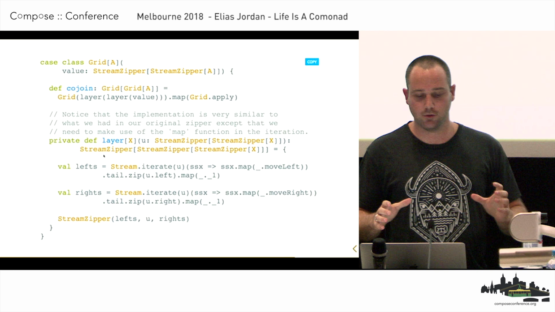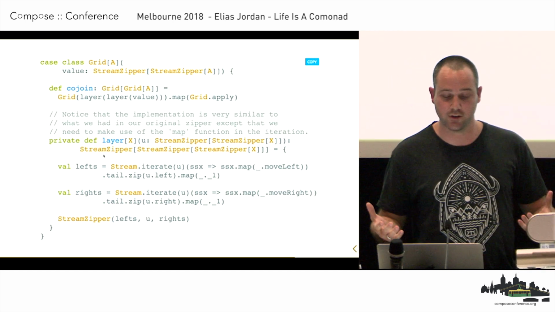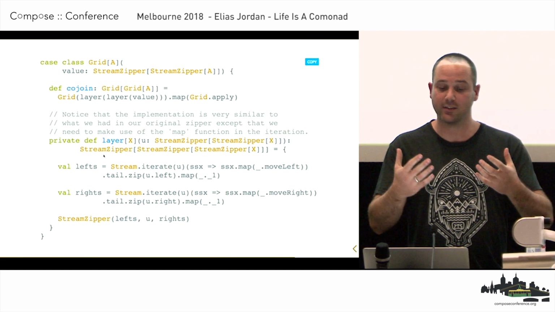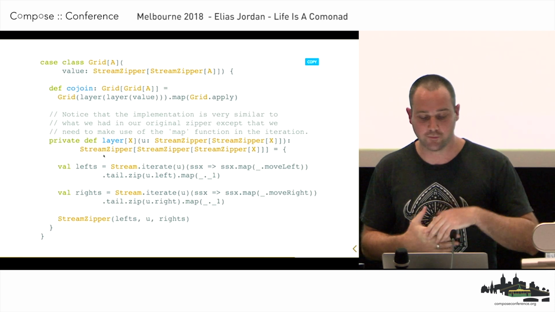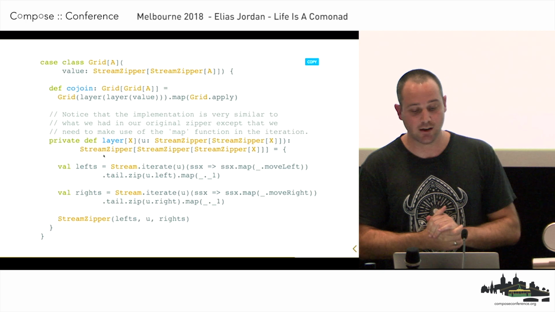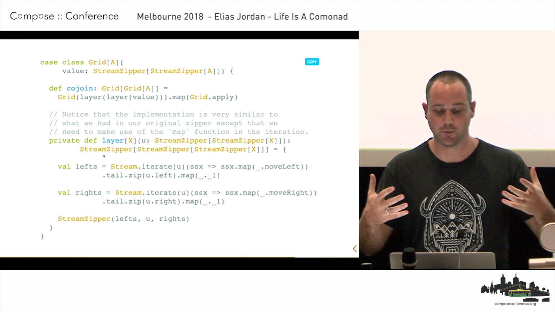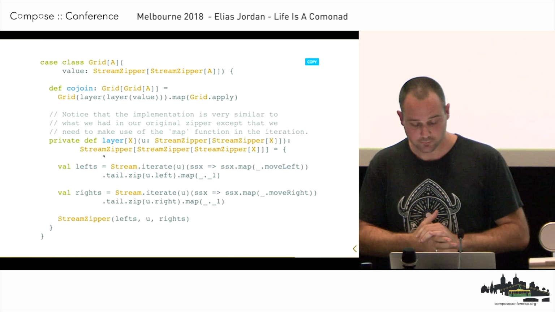In order to define co-join for our grid data structure, we basically need 4 layers of stream zipper. So we define a helper function called layer that takes 2 layers of stream zipper and adds an additional one.